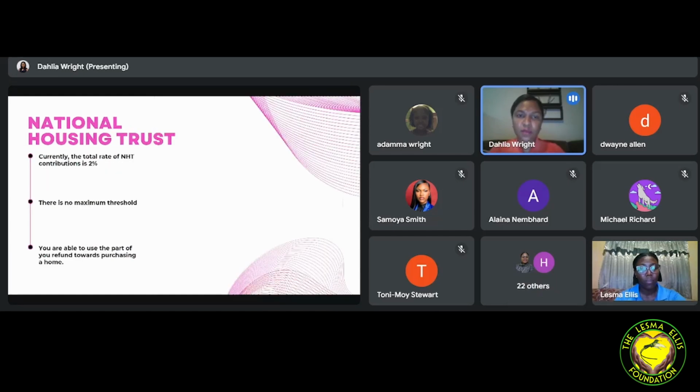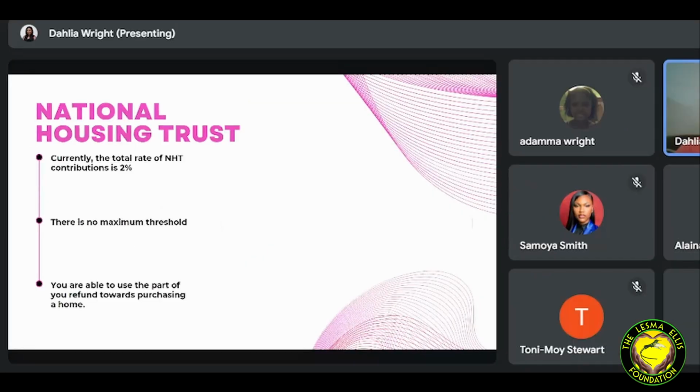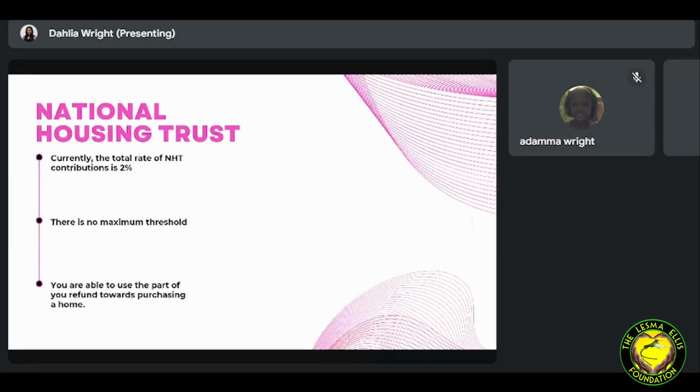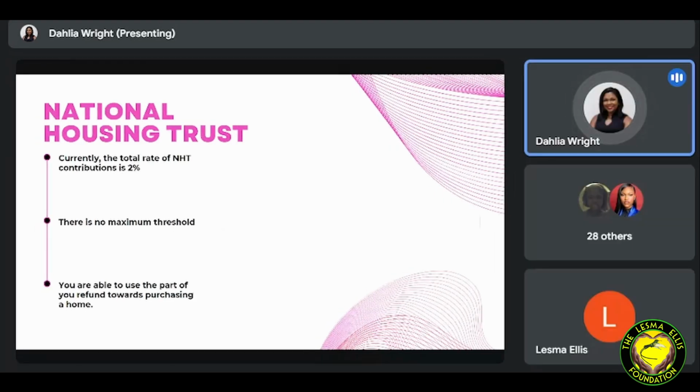The second tax that you're gonna be seeing is the NHT. Now, NHT is 2%. This has no maximum threshold, so they'll charge you 2% on everything. They don't care, right? They are charging you 2% on everything. However, there are lots of benefits to NHT. You all know this. And one of the best benefits is that when you are ready to purchase a house, whether it's an NHT property or a